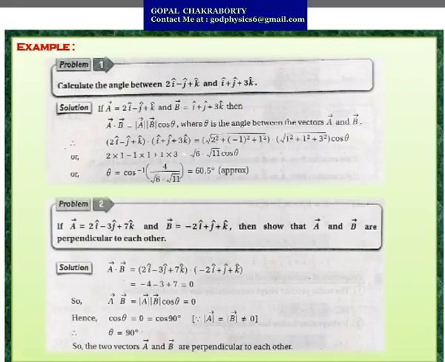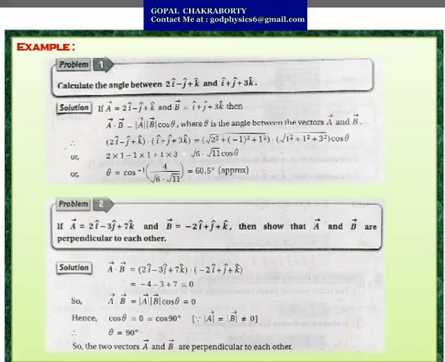So the procedure is, you have to always understand the procedure, you do not need to remember the problem. So first of all, when you are asked to solve this kind of problem, to find out the angle between two vectors, you always consider the dot product. So a dot b equals ab cos theta, where a and b are the magnitudes of vectors a and b. So first of all, you find out the magnitudes of vector a and vector b. Here that is already calculated, and you simultaneously find out a dot b.